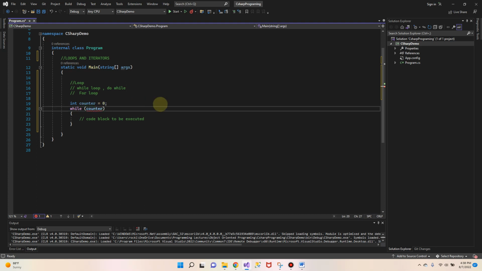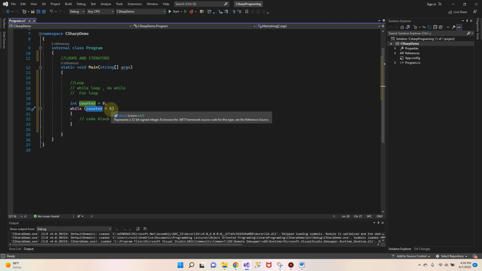Remember the operator symbols that we did in the previous sections. So this is the operator, right? Is less than. So while the counter is less than, let's say, 5. As long as it's less than 5, and right now the counter is 0, that means it's going to come here. Actually,